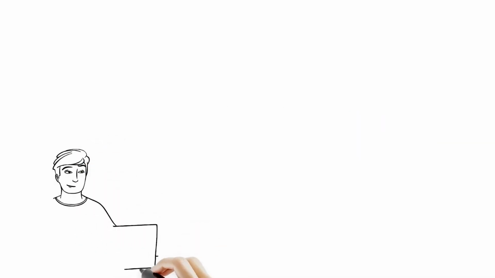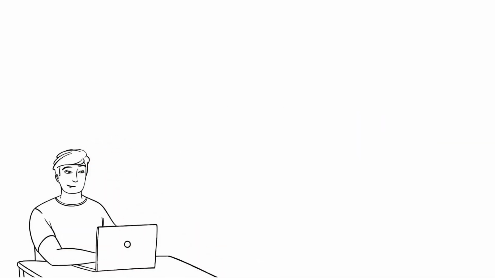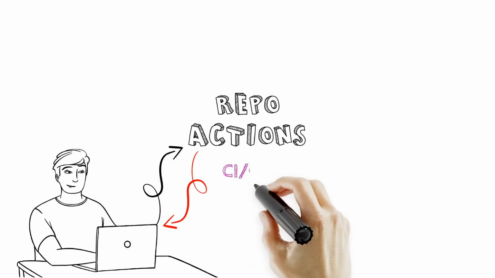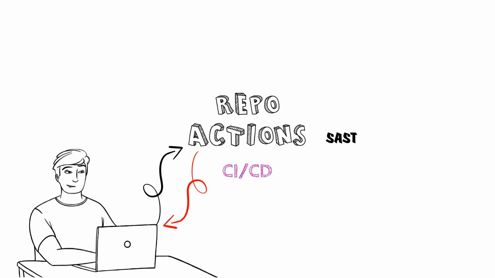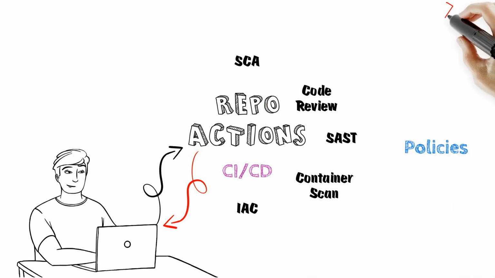The second step after the IDE is the repository, because after the code is created, it resides in the repository, which means in the repo, you can define specific actions that will also cover security checks. That includes policies, because each security check might have specific policies that will block or allow the code.